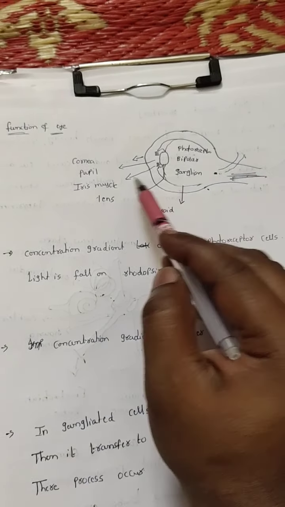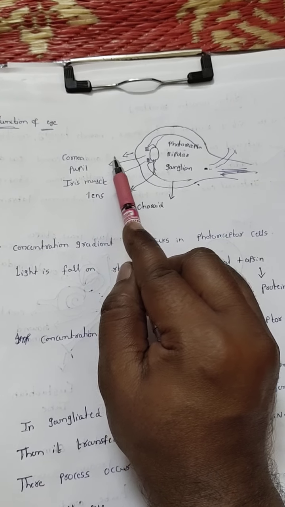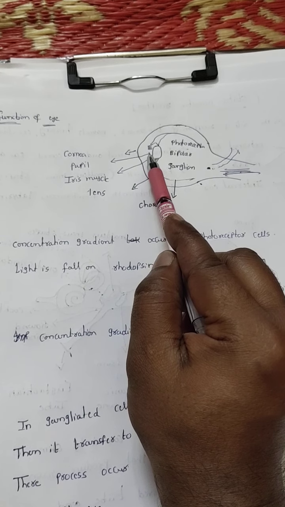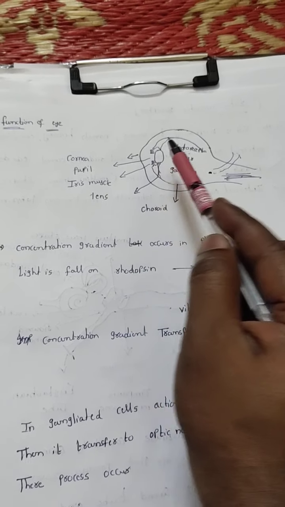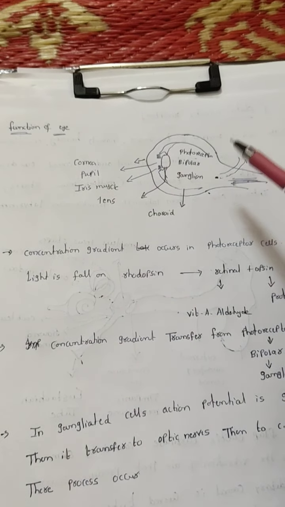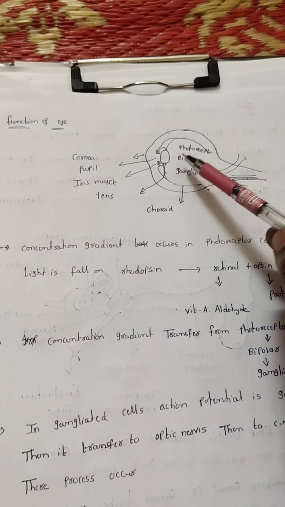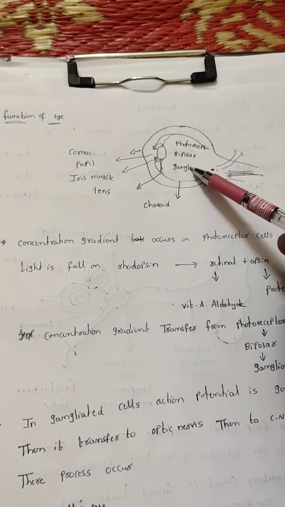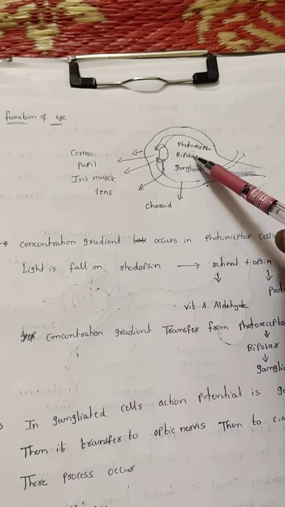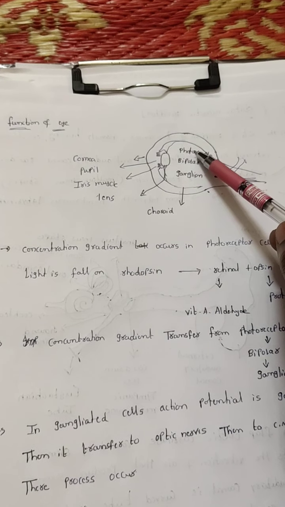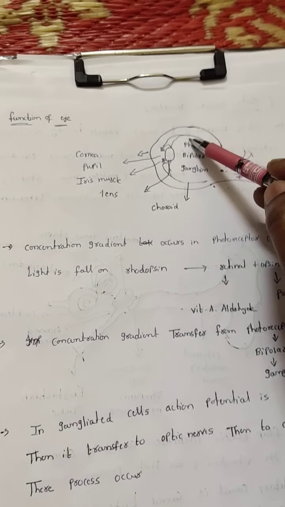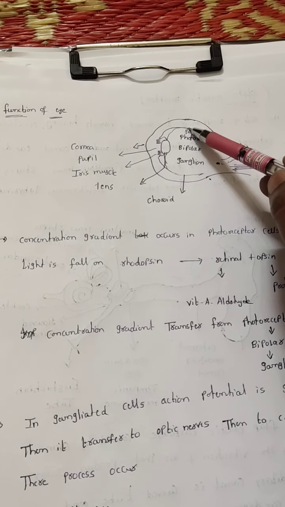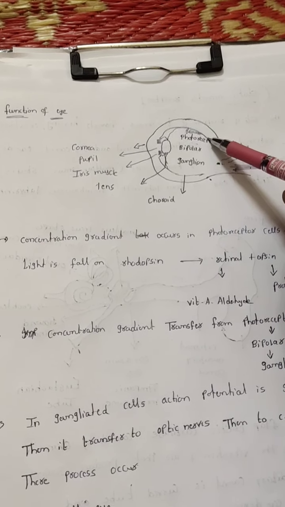Now see, when light falls on the cornea, from cornea to pupil, pupil to lens, then it falls onto the retina region. Now see, the light first touches the ganglion cells. From the ganglion cells the light passes to the bipolar cells. From the bipolar cells it enters the photoreceptor cells. Here they have pigmented epithelial cells. The excess light is absorbed by these pigmented epithelial cells.